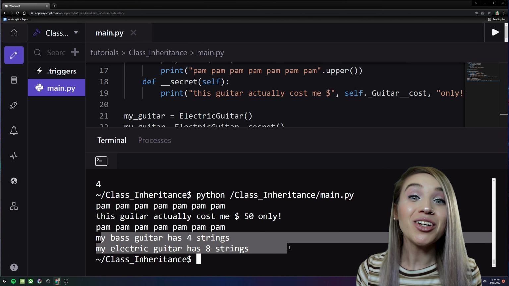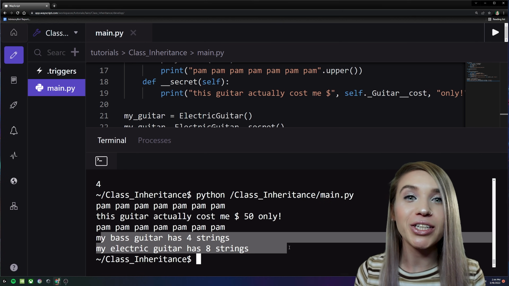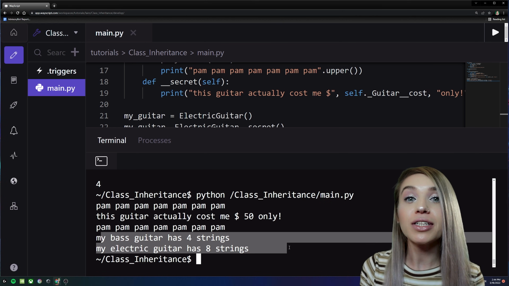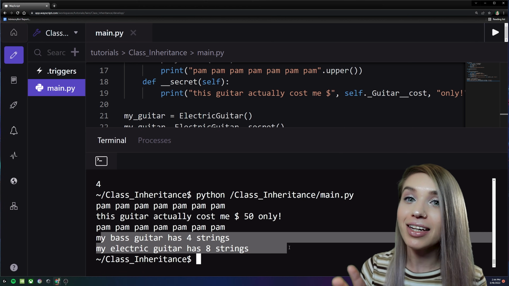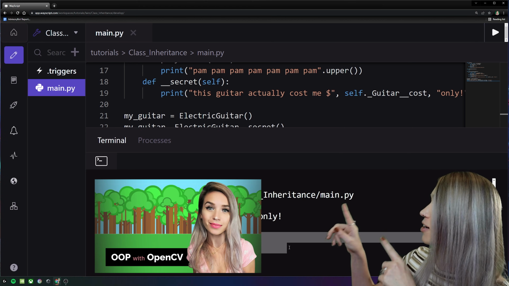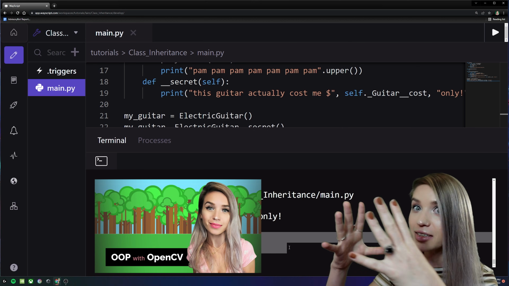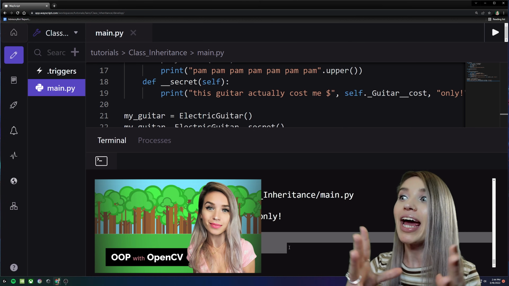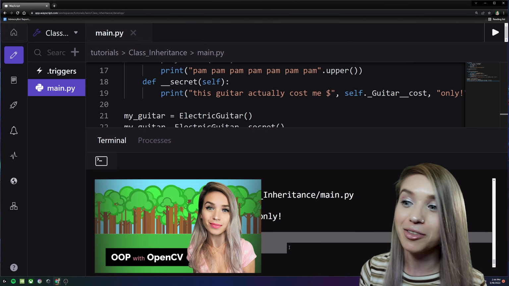Good job. Now you know how to handle all kinds of situations that relate to classes. But if you need to practice a bit more, I highly encourage you to check out my Forests of Objects tutorial. It will give you a very visual example of how handy classes and objects are, so definitely give it